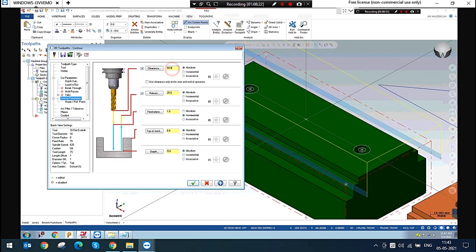Clearance, I have explained this in the last class, brother. Clearance is from the reference point of the machine, the first height. The retract is where every depth will go to retract and again go to the same depth. The feed plane is